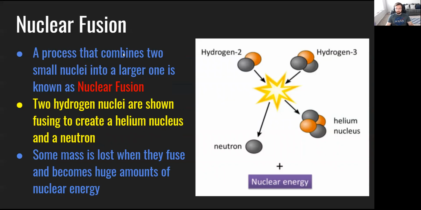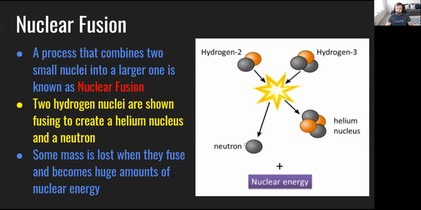Fusion is a very different process. Fission is splitting. Fusion is literally the opposite, putting together. This is a process that combines two small nuclei into a larger one. So you're fusing two small things into one bigger thing. The basic process, we have two hydrogens here. It can be other elements, but hydrogens form the basis of the most common form of fusion out there. We have hydrogen 2, which can be called deuterium, and hydrogen 3, which can be called tritium. When they fuse together, they're going to produce a helium nucleus, a neutron, and